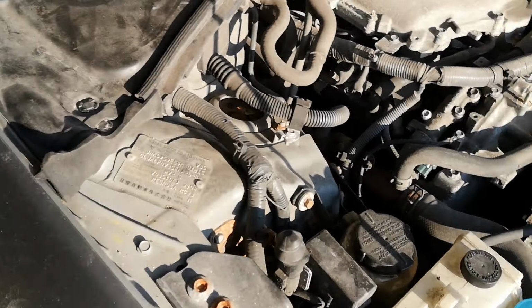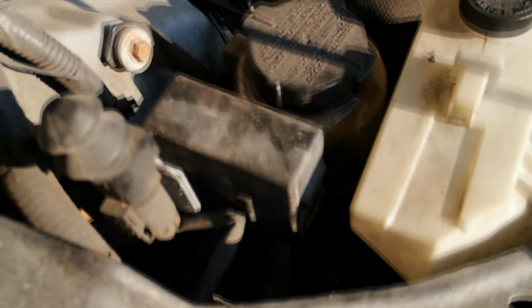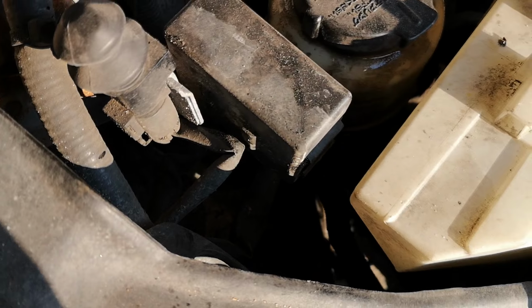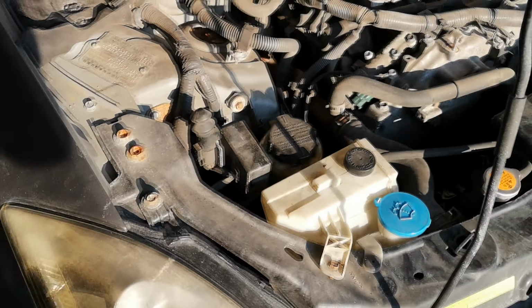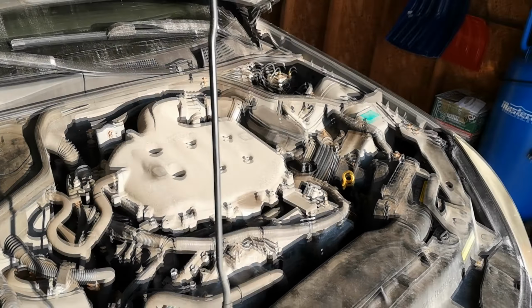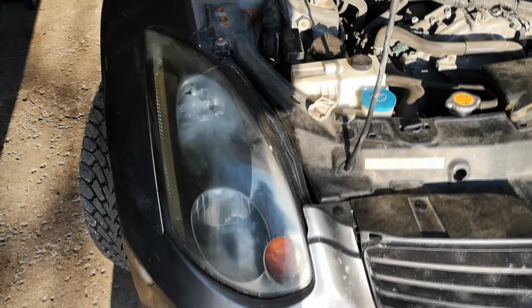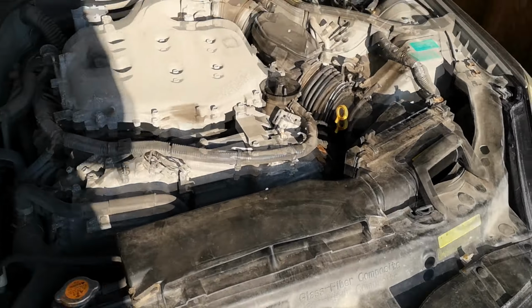Funny thing I noticed is that this piece here, which I don't actually know what it is, I think it has something to do with the headlight modules, was dangling down underneath there, and so I just put it back in its spot. I'm hopeful that that was the problem with the headlights. It's possible that it is, if that is indeed the headlight module, so maybe that will make them work properly. It seems to be some stupid fixes on this car, just dumb stuff